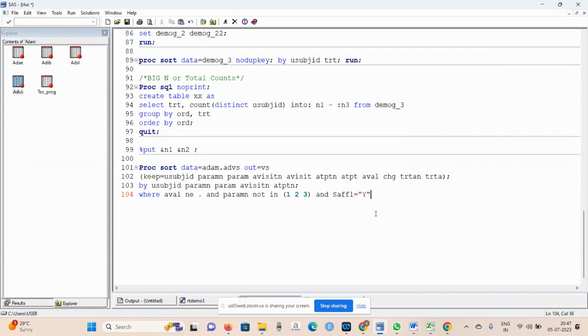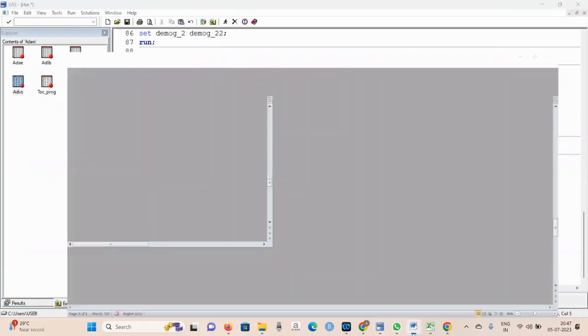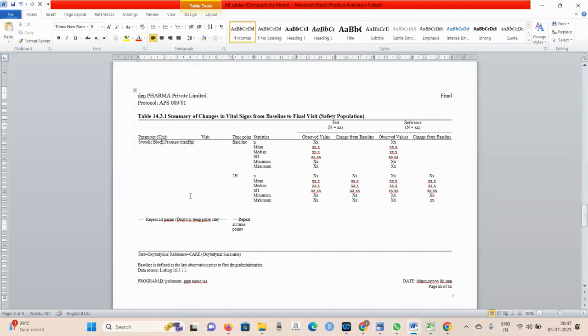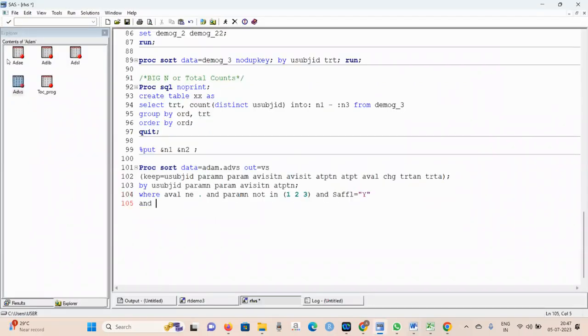Okay, the safety population flag you have kept as white. And so you see here in the visit, we are representing only the period 1 and period 2 information. We are not doing any kind of screening. Okay, as per the visit here,